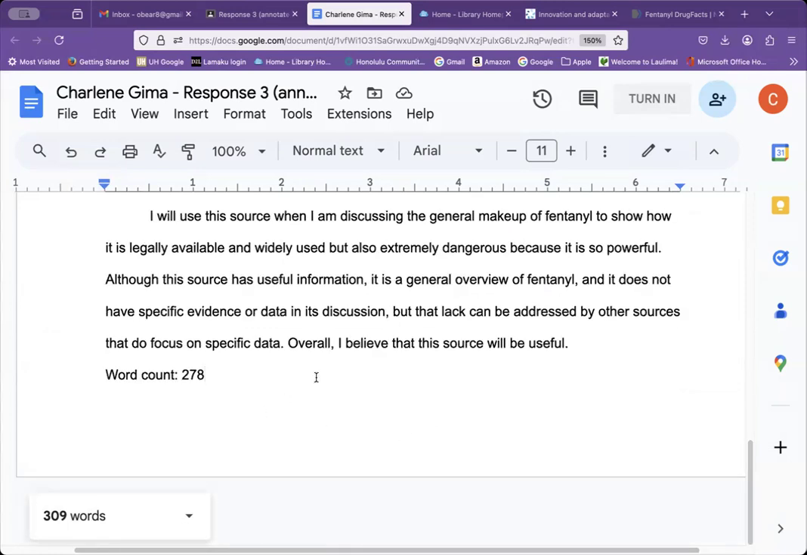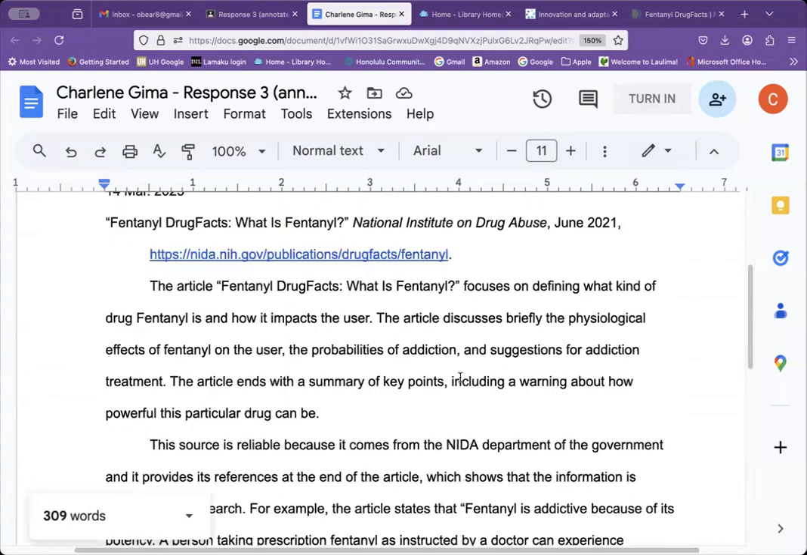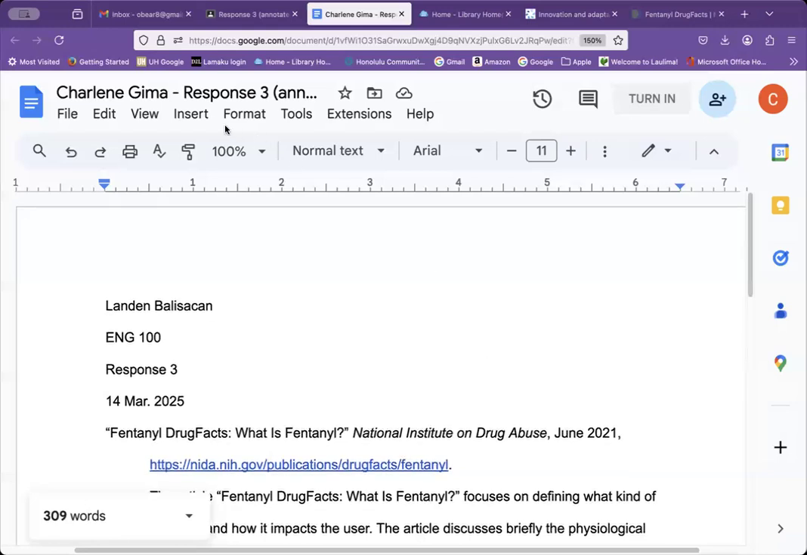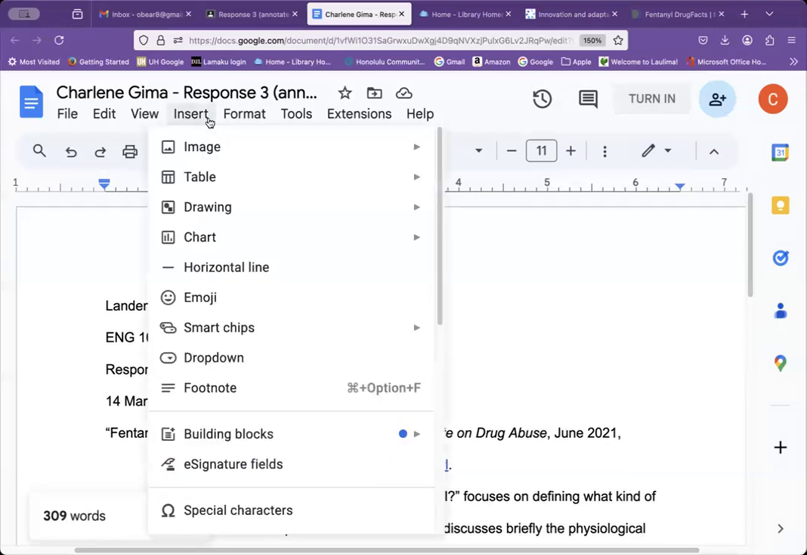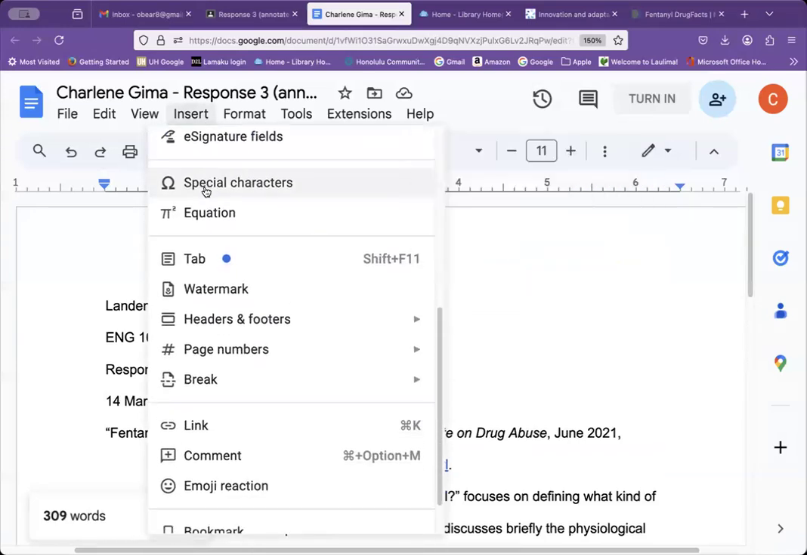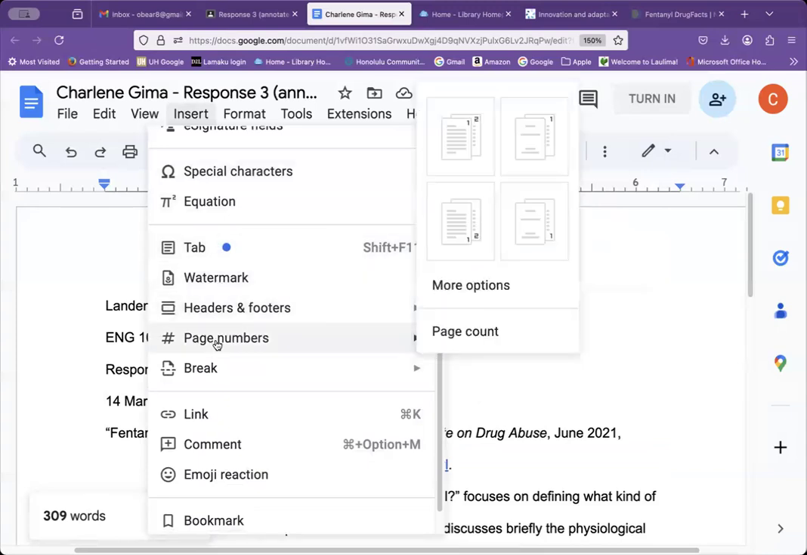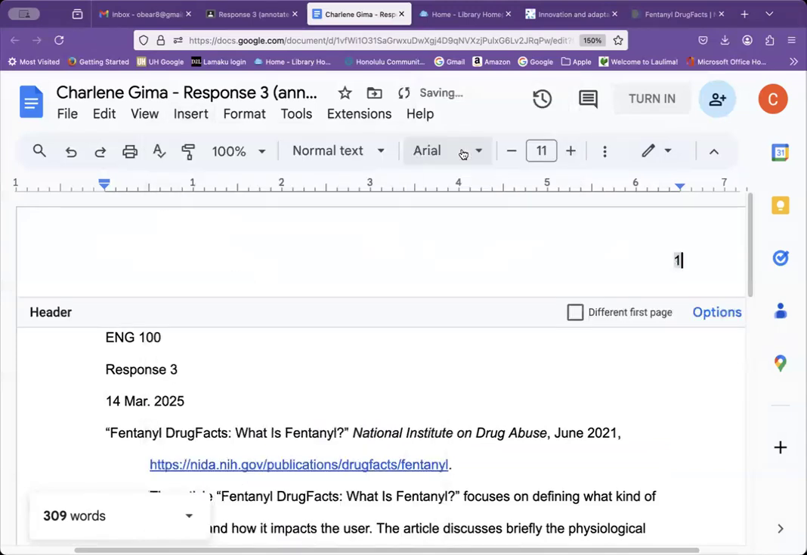For the three paragraphs. And if he goes on to a new page, or actually even with one page, he will need a page number. So we're going to choose that from the insert menu and scroll down to page numbers. We'll choose the page numbers in the upper right-hand corner and we'll put in Landon's